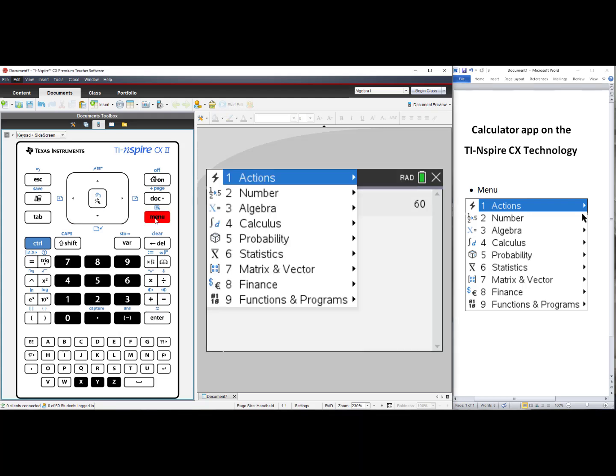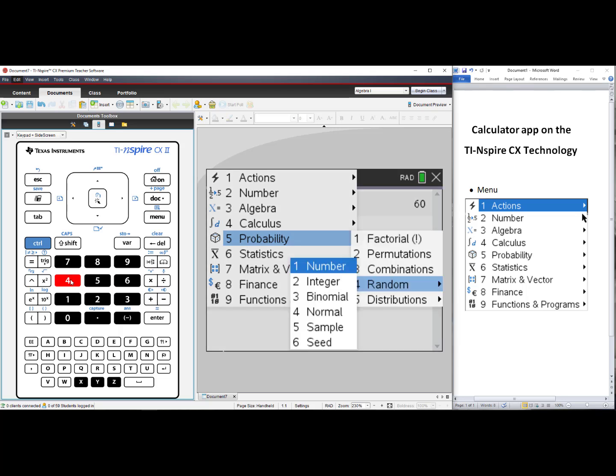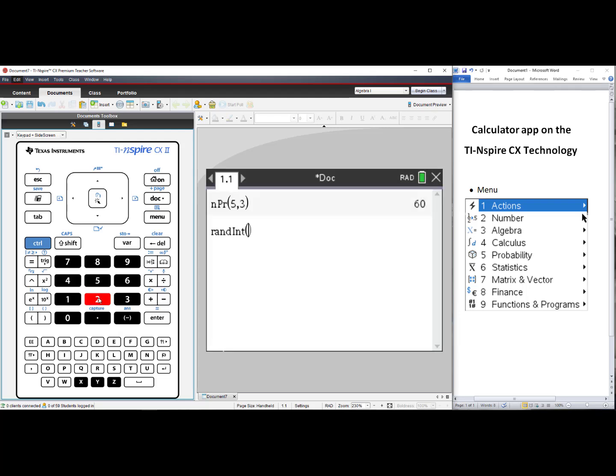Back to menu, back to number 5, probability. This time I'll select number 4, random, and I can have a random number, random integer. I'll select number 2, random integer, and I always like in the classroom to roll a die virtually. 1, comma, 6, and when I press enter, repeatedly, I am rolling a die getting a random integer from 1